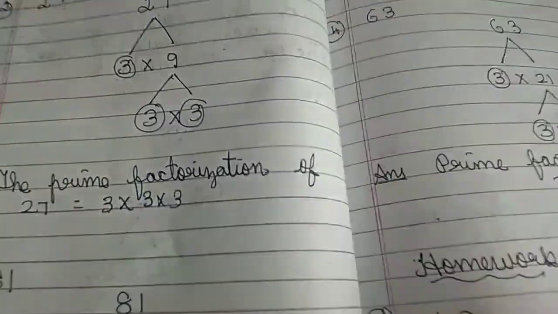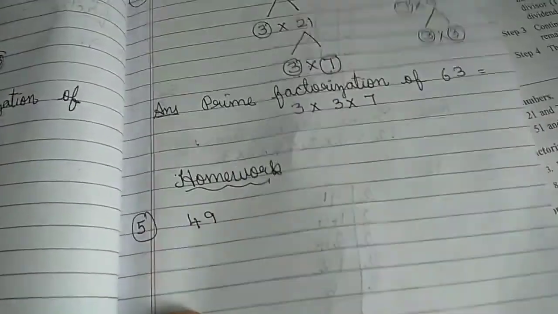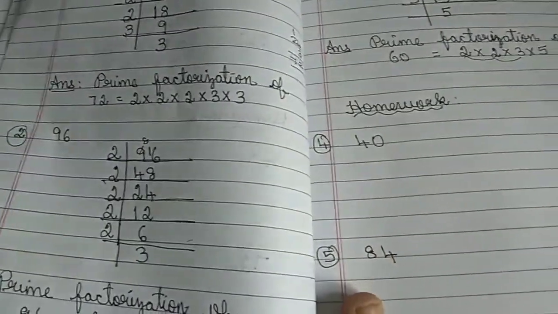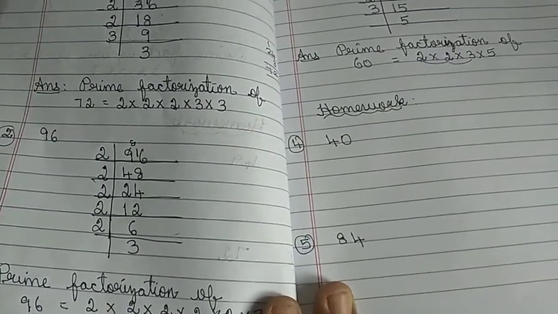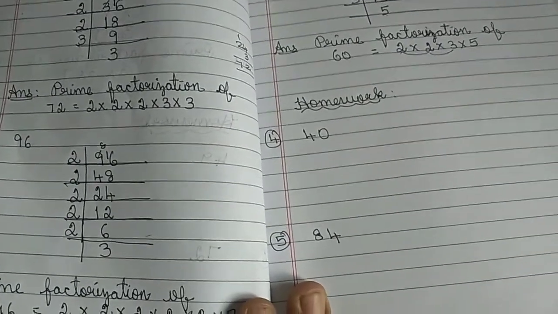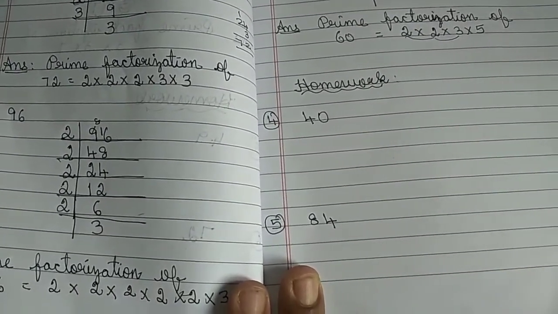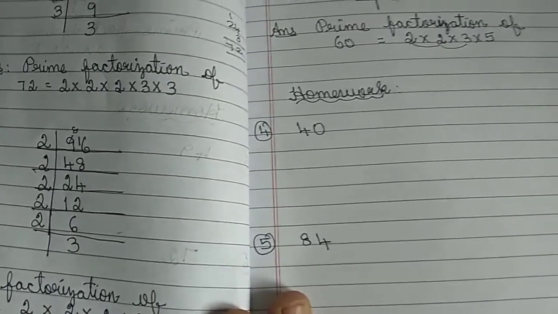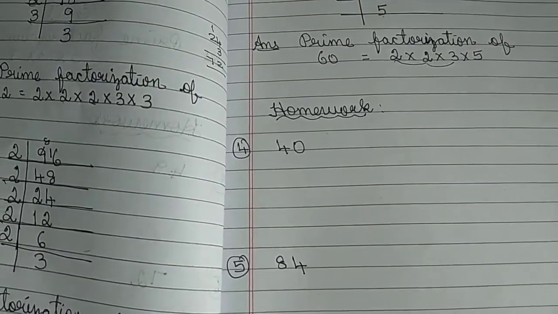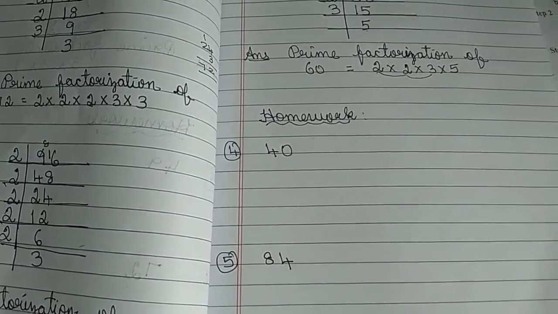Okay, children? How many sums did I give? Only 4 sums I gave you for homework. In the B1 I gave you 2 sums, for 5 and 6, and now I have given 2 sums. So total 4 sums I have given for homework. Okay, children? All of you do this homework and send it to my WhatsApp. The rest of the sums I will teach you in the Zoom classes.